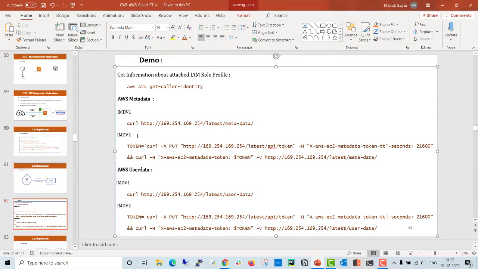That means there is a high risk that you don't need to add this header, and you can directly send this request from the instance to this endpoint and exfiltrate the credentials and all other information without any other access. And this is really important, because these days a lot of organizations have their data or application on EC2 instances, and if attackers compromise the EC2 instance, there is a lot more chance that they can perform further red teaming activities